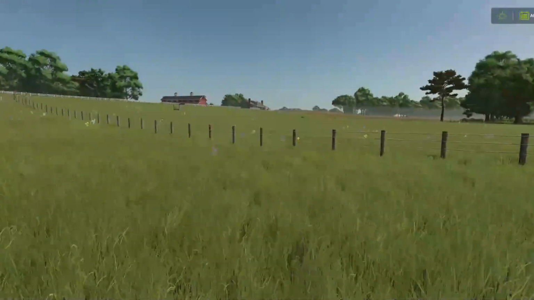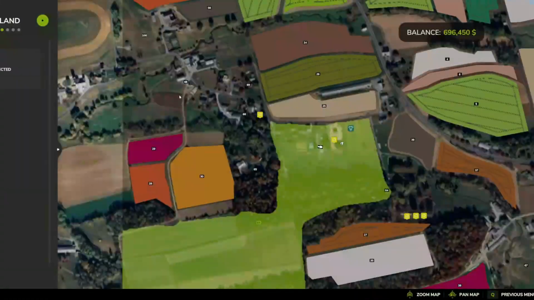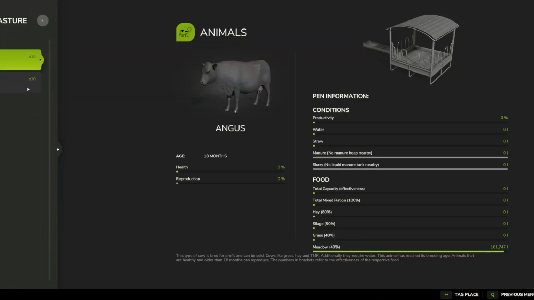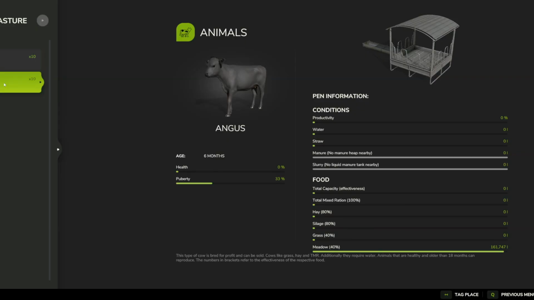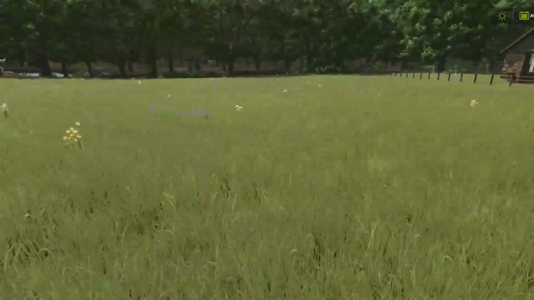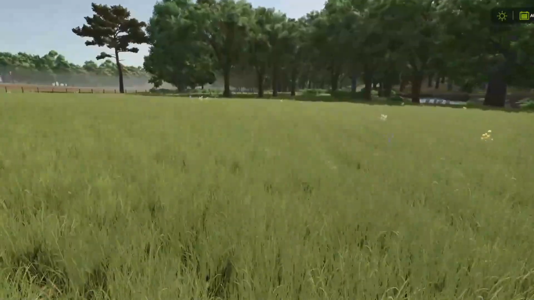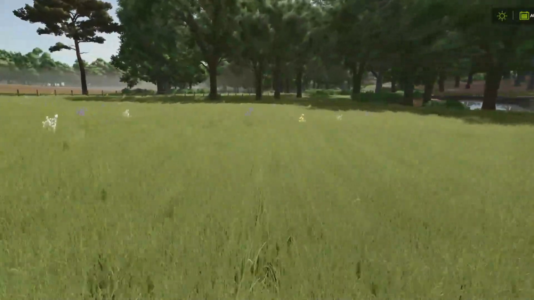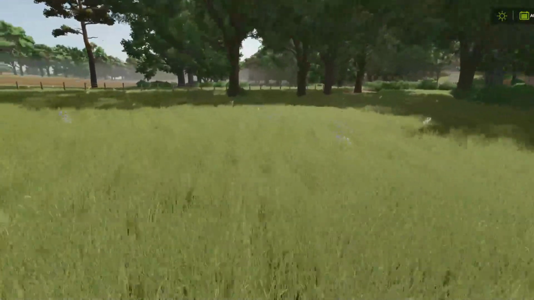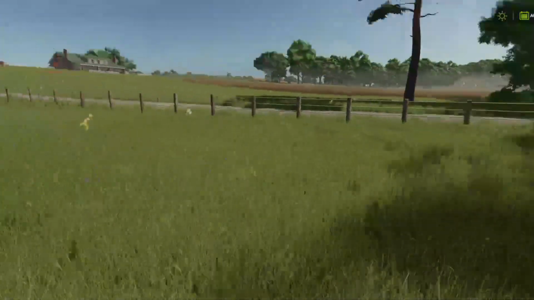Alright, so, speaking of our cattle. We do have a few cattle here. Looks like 10 that are 18 months old and 10 that are 6 months. Both Angus, which is fine. I may or may not decide to upgrade or change out a pasture for some milk cattle. So what I want to do, because you can see we have a couple cows over here,